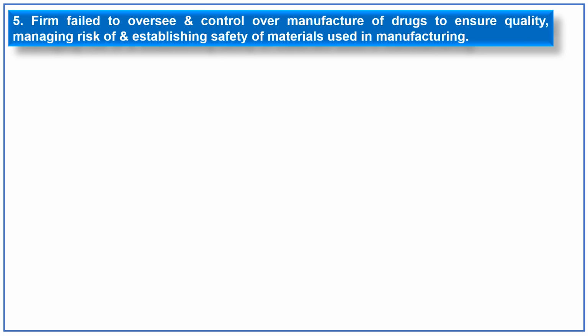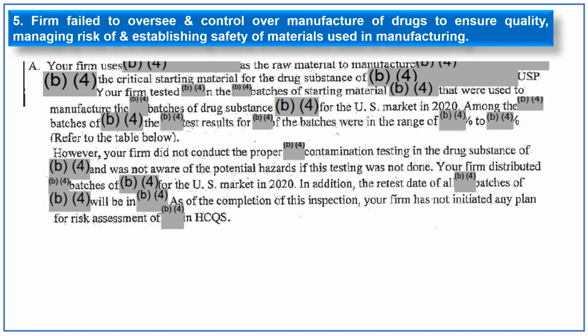The fifth observation, firm failed to oversee and control over manufacture of drugs to ensure quality, managing risk and establishing safety of materials used in manufacturing. So the firm uses some XYZ as the raw material to manufacture the critical starting materials of the drug substance. The firm tested batches of the starting material that were used to manufacture the batches of the drug substance. Among the batches,